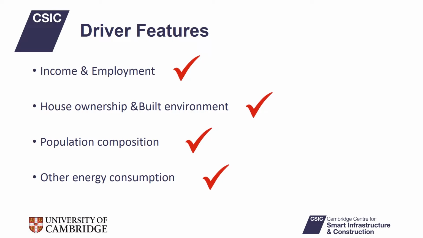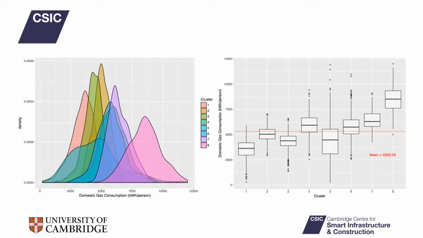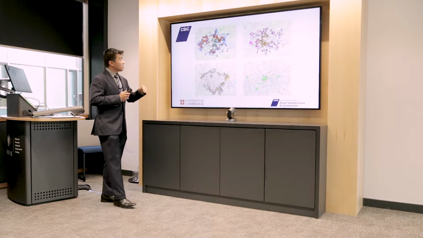So we have to find some driver features for domestic gas consumption, which include income, employment, house ownership, built environment, population composition, and the consumption of other forms of energy. So we have divided London into 8 different clusters, and we can see that each cluster has its own distinct distribution. And if we plot it back on the map, we can see that each cluster has its own